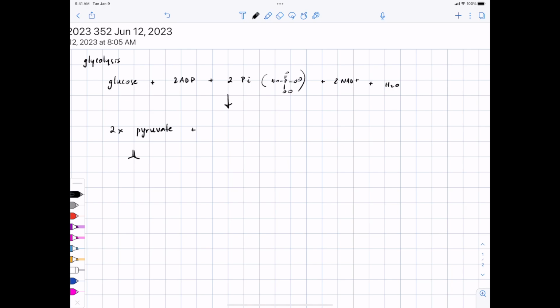Pyruvate is this 3-carbon carboxylic acid, an alpha keto acid. 2 of ATP, 2 NADH, and 2 H3O plus. All right, glucose is a 6-carbon sugar, so we're going to break it into 2 pieces, 2 of the same thing. We're going to get 2 molecules of ATP out and 2 molecules of NADH. ATP can be used for,